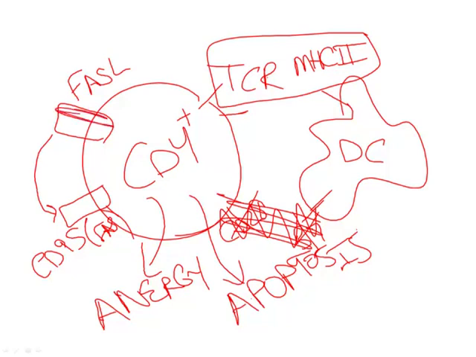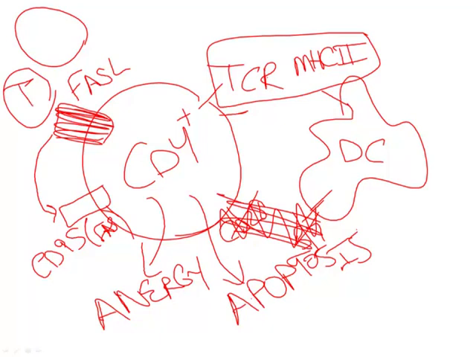At the same time, let's say that there's another B cell or T cell nearby. If this FAS ligand were to bind CD95 on another T cell or CD95 on another B cell, it would also induce apoptosis of other B and T cells that might be self-reactive as well. So essentially, there's two ways by which peripheral tolerance occurs. Number one, through anergy, and number two, through apoptosis.